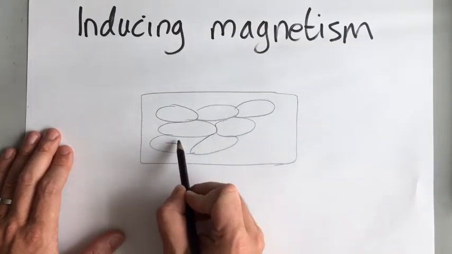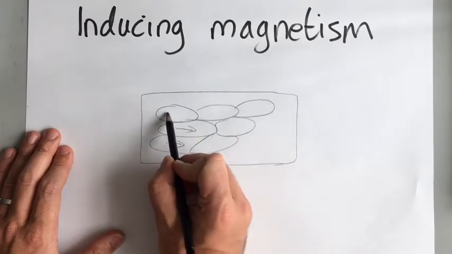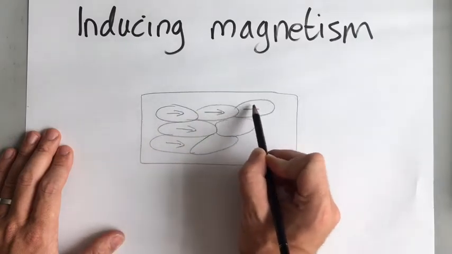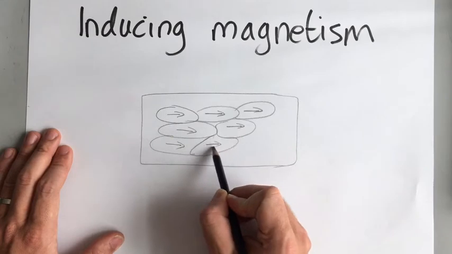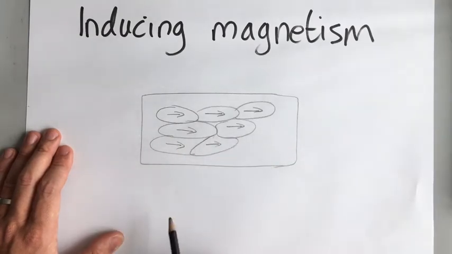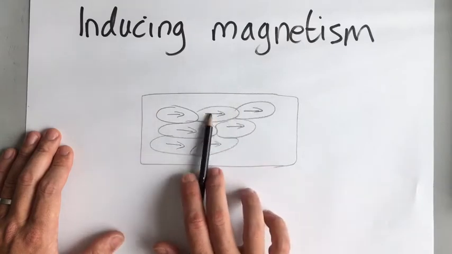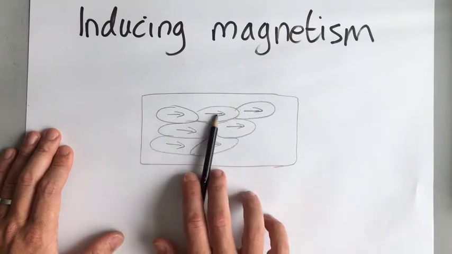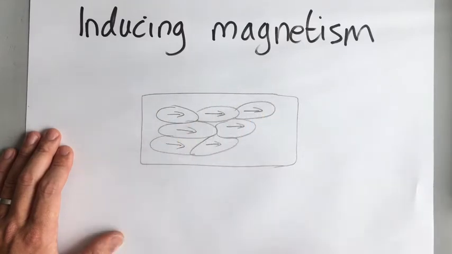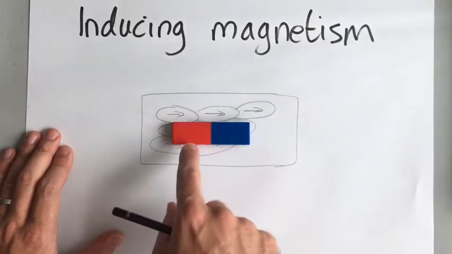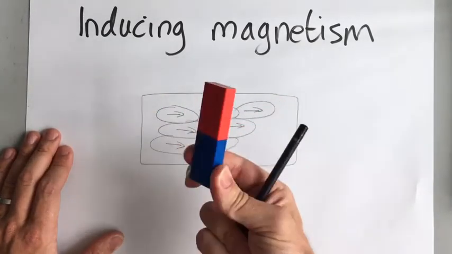So I'll draw those with an arrow here. This is what the grains look like in a magnet. They're all pointing the same way, and so there is the same magnetism, the same field is created by each one of these grains. And so on a bigger scale, all of the grains combine together to make a magnet,